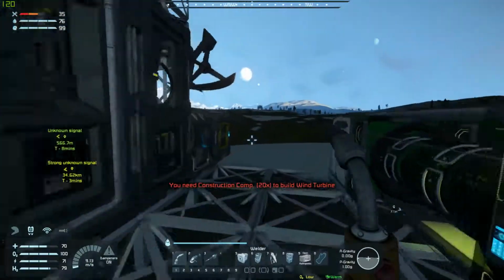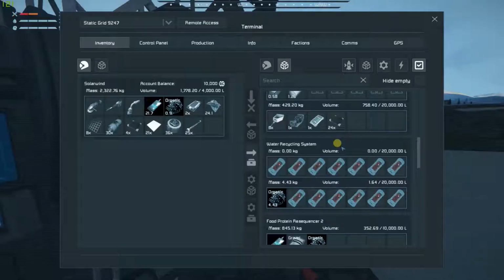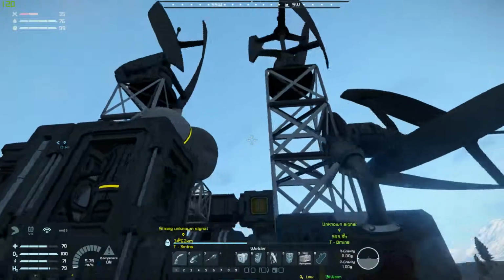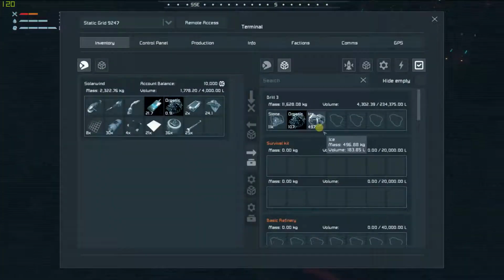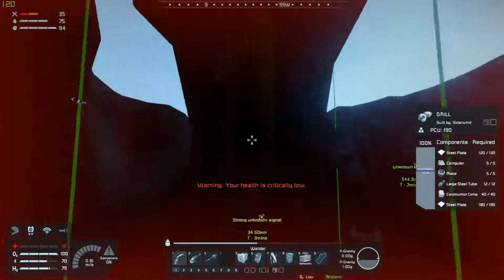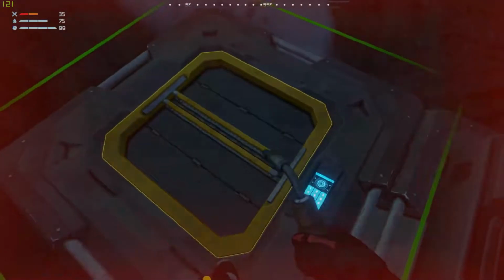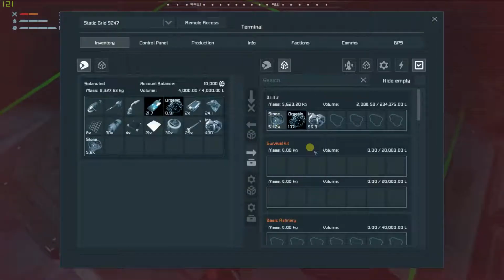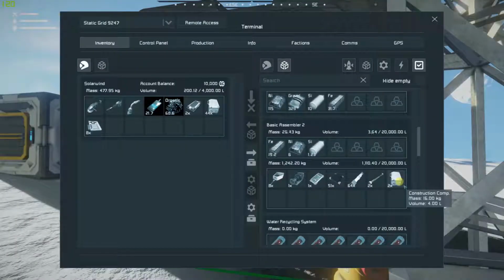We need girders. Okay, I don't have any of the components. This is going to be a giant pain. Let's get some stone and... Health low. Thank you! That was super helpful. I wasn't aware that my health was super low. Critical. I wasn't aware of how low my...